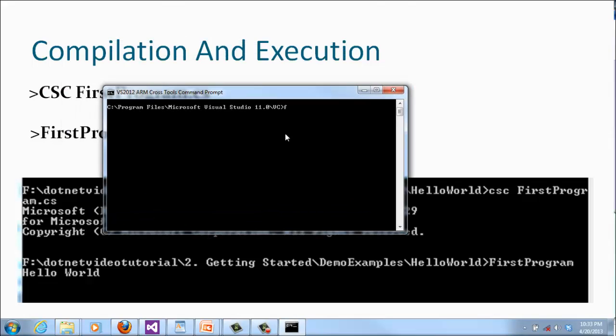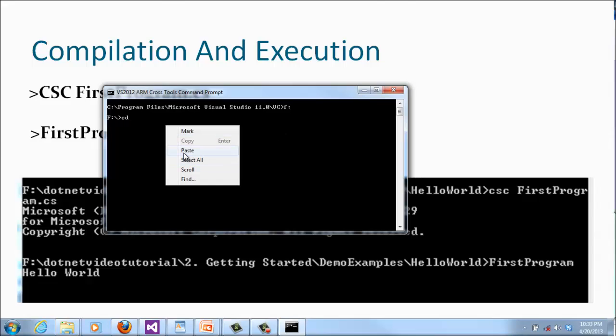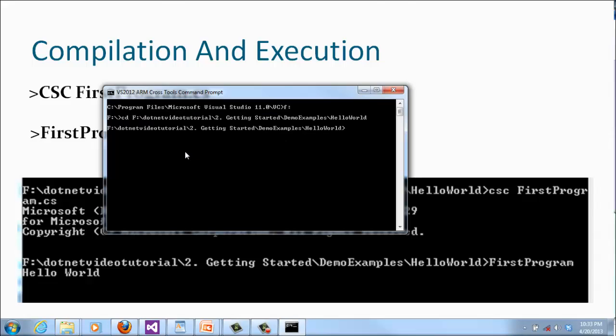Here I need to go to that location first. Fine. Now csc space and name of the program, firstprogram.cs, enter,